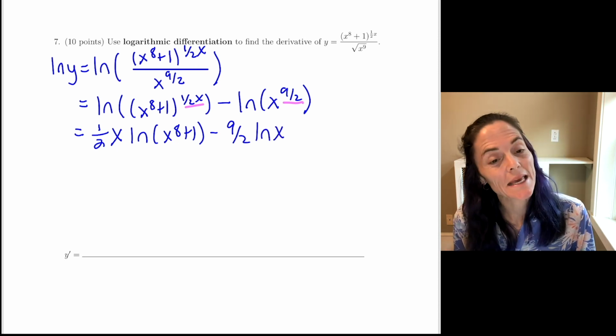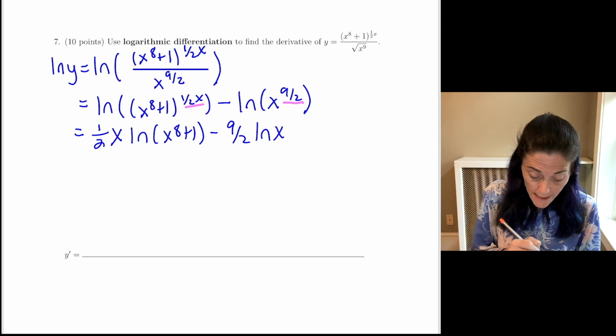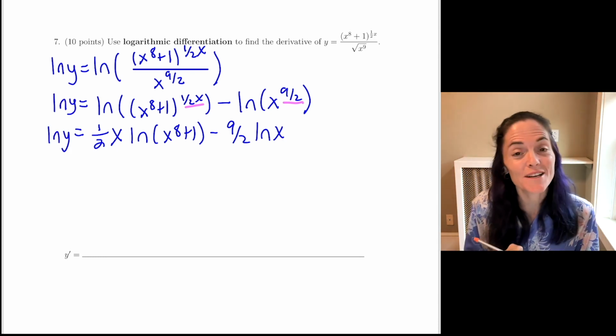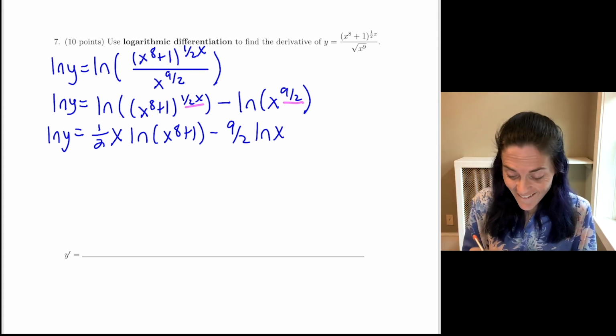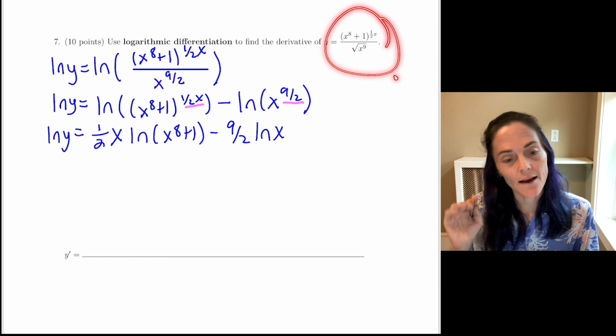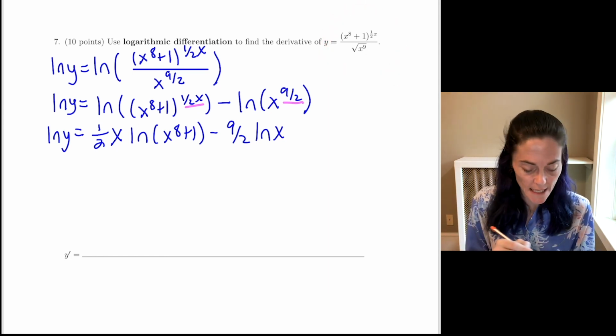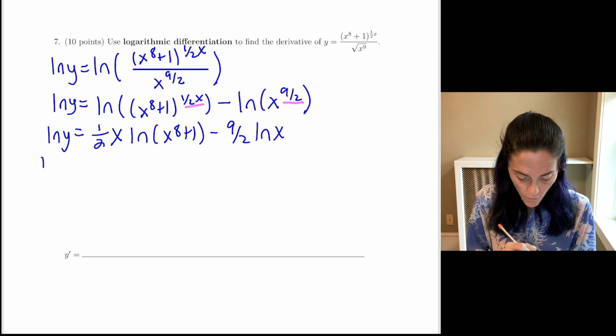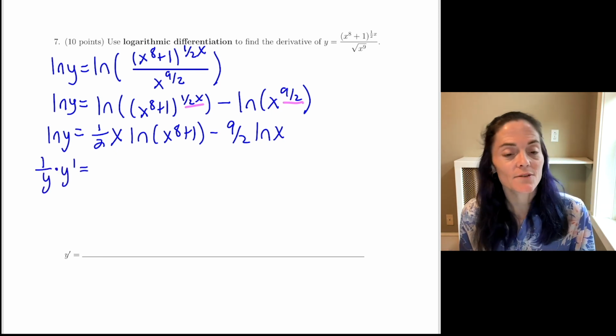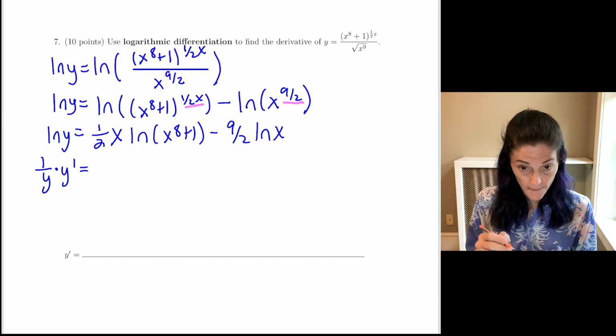This is as nice as we can get it, but we have to remember, this was ln y. Maybe I can even copy it every time. I have not differentiated anything. I have just simplified the natural log of this quantity. Now, we're ready to differentiate. The left-hand side is really chain rule, so we have 1 over y times y prime. Now we start differentiating the right-hand side. This part,